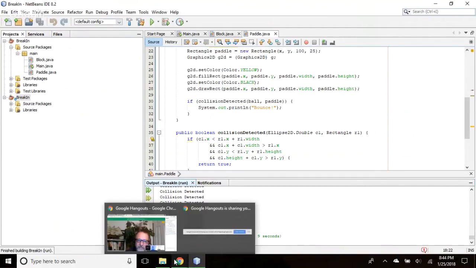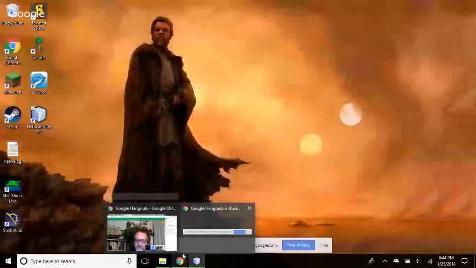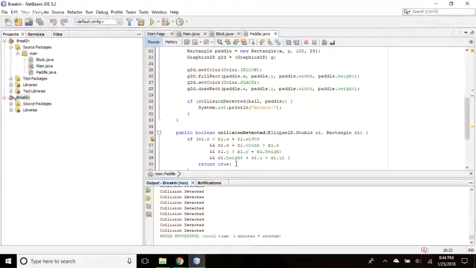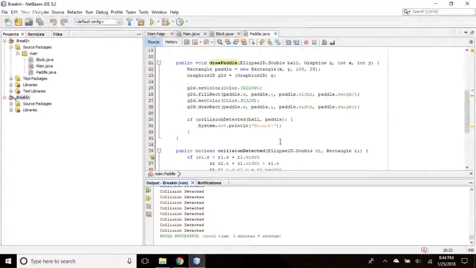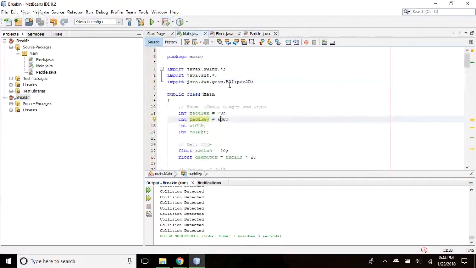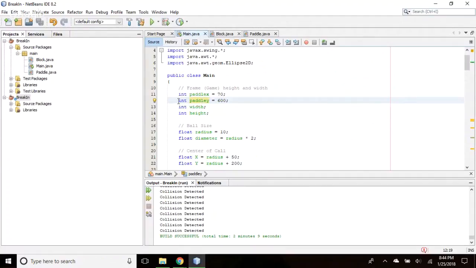Okay, so let's go for your paddle. Now we want to make your paddle always draw for the Y direction, up and down. So go back to main, and we're going to manage it so that it is always 10 pixels from the bottom. Leave that there, but forget that word 600. Just call it int Y paddle, paddle Y. Get rid of the initialization.